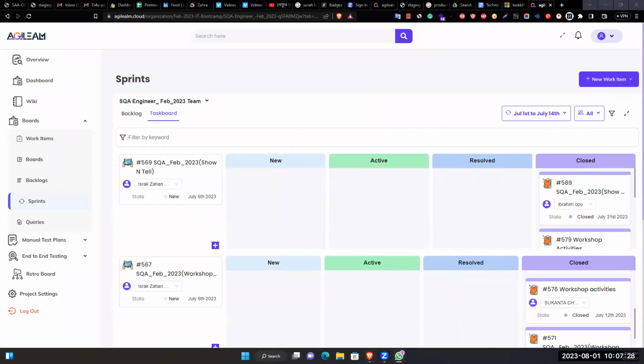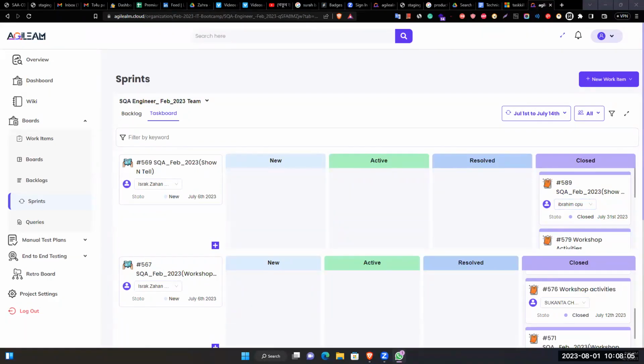Now we see the question: the enlisted members should be doing the same thing like Shukanto and others did here. And as you mentioned, we have to always see the story. If this user story is show and tell, all the action items have to match this show and tell, not workshop. Workshop goes down here. So the thing is, here you can see that only two people created this task. So what about the other people?